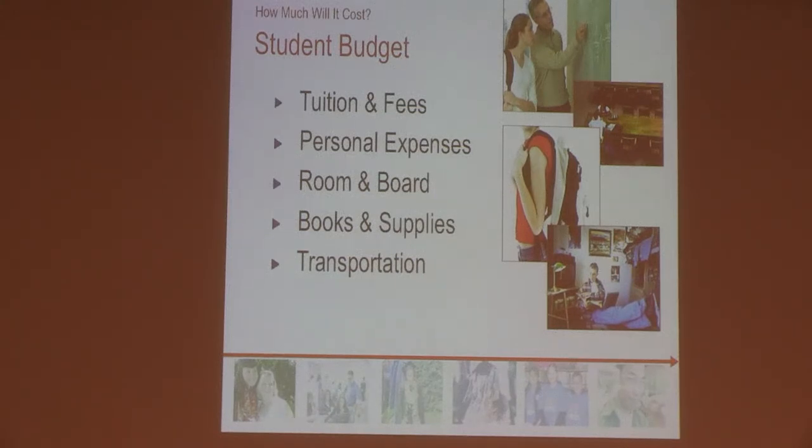So what constitutes a student's budget? It's tuition and fees, and personal expenses, an allowance for students to be able to live off. They need their shampoo, their deodorant, their everyday sort of needs. Room and board, that's their dorm room and their meal plan on campus. And there's also books and supplies and